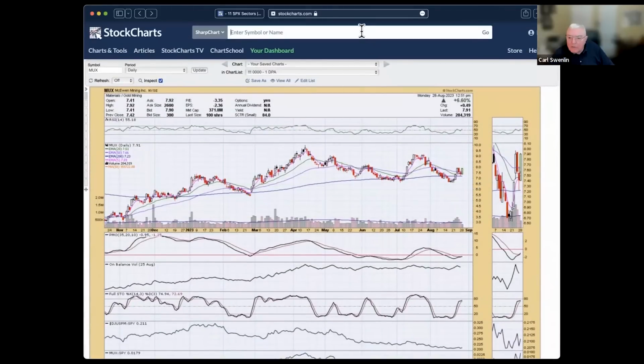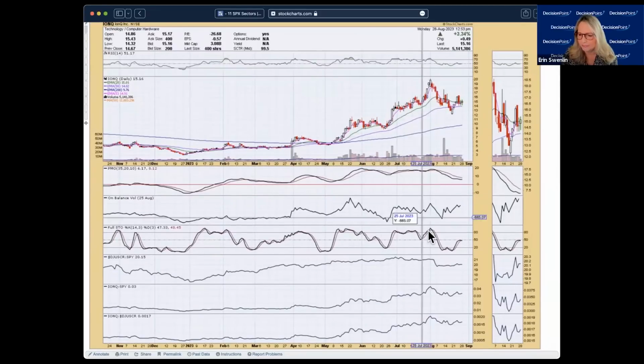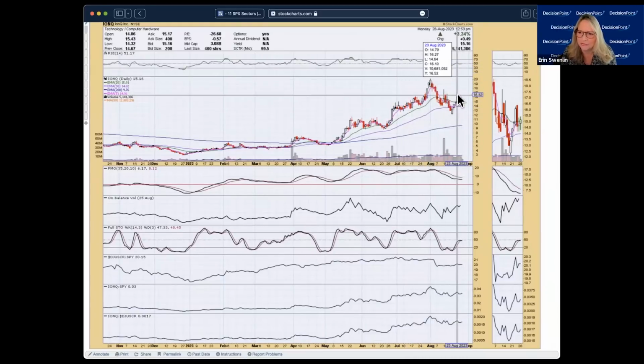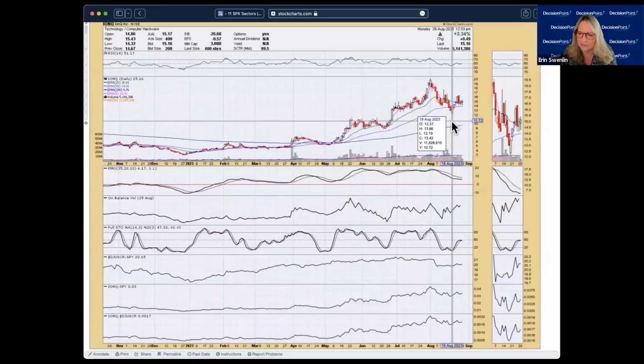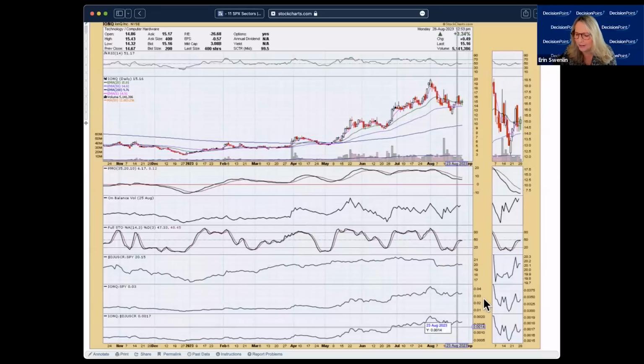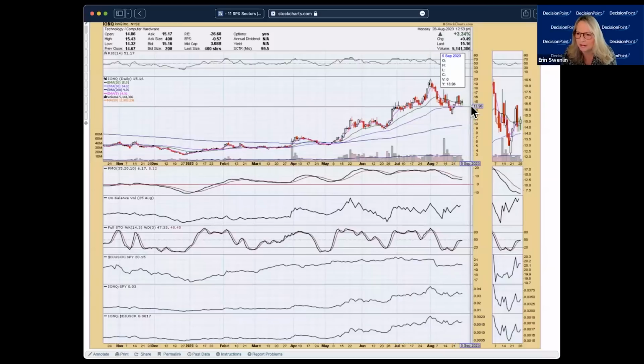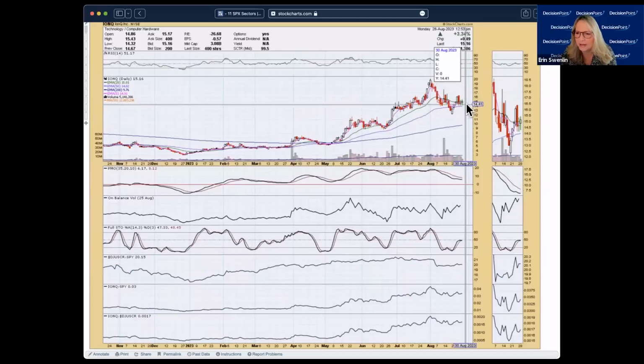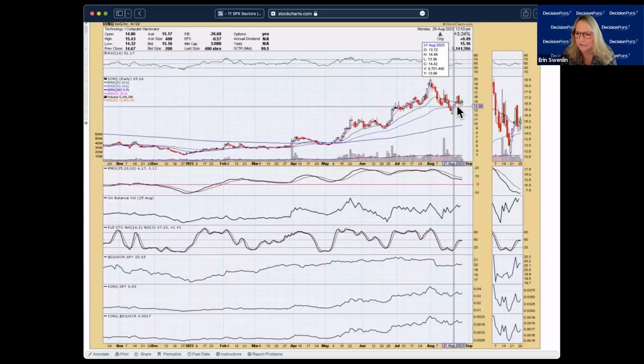Okay, IONQ. Pretty mediocre chart, honestly. The stochastics are turning down in negative territory, and that PMO, it's flattened, but this declining trend is still mostly intact, I would say. And the relative strength isn't doing it for me here. I don't know if you see anything on this chart, Dad, but I don't see anything here that excites me enough to get in. The 50-day EMA is a good support level.